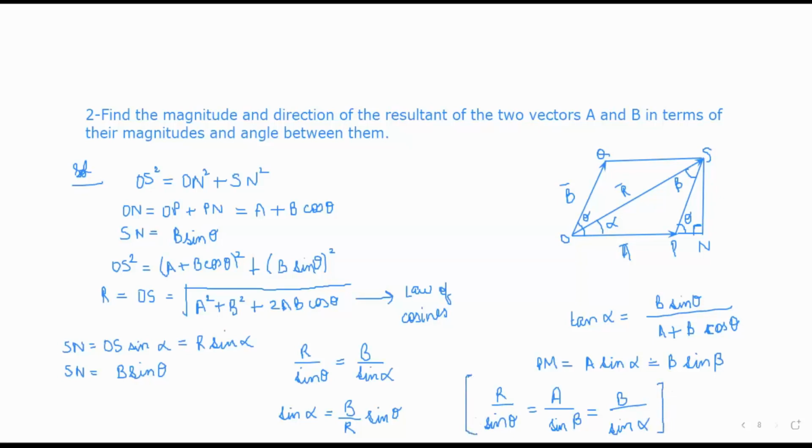This whole equality, where we equate different quantities, is known as the law of sines. We have simply used geometry and trigonometry to first find the value of R, the magnitude of the resultant vector, in terms of the given values. And we can also find this angle alpha in terms of the known values. We'll also discuss a practice problem in the next lecture,